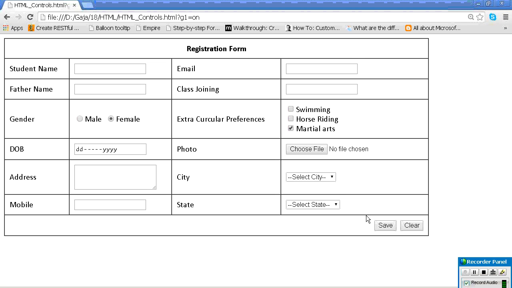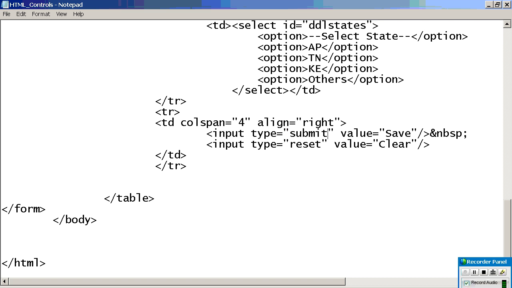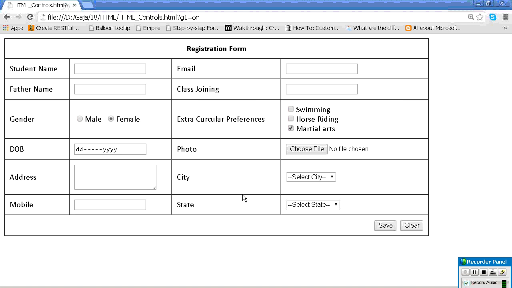Both the submit and reset buttons will work only if you introduce the form tag under the body. Start form tag, end form tag. Are you understanding? Okay. Next. Yeah, this is about the HTML controls. If you have any clarification, then let me know. You may see a lot of controls on the internet. I am sure there will not be any other control apart from this except the list box. What will it be?